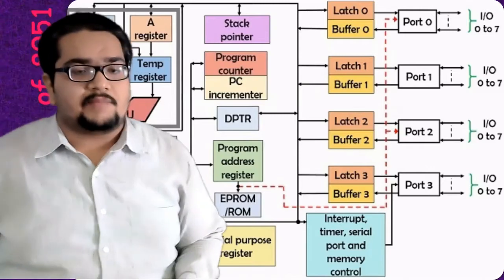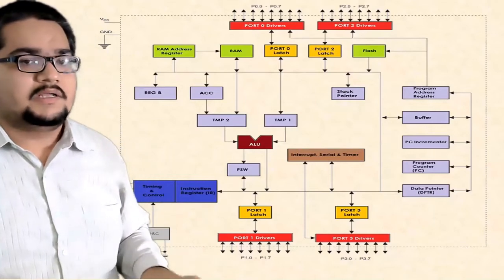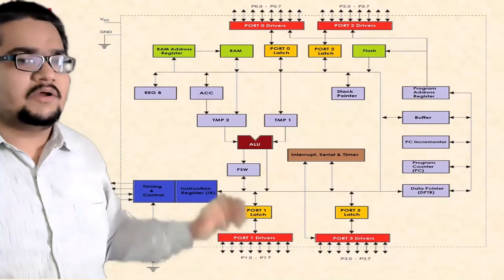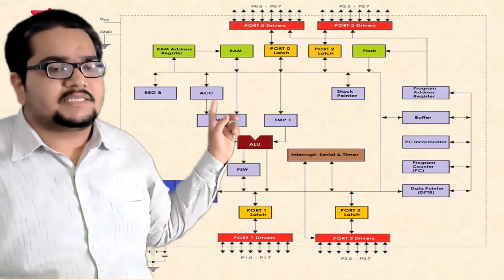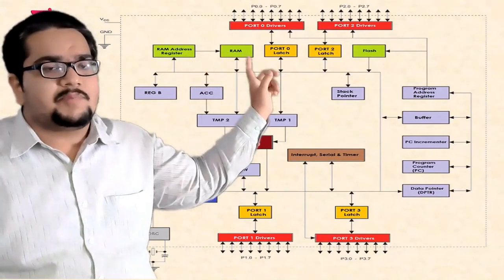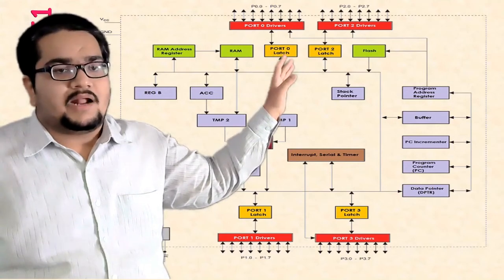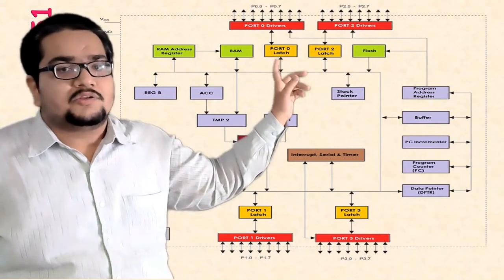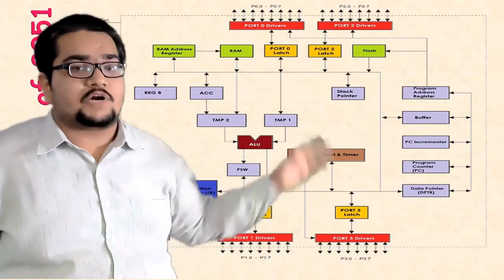I can show you another diagram, a similar one but with a different look, which you generally find in most of the texts on this subject. Here, most of the things are the same as you have already seen. The ALU is here, the temporary registers are here, and here ACC is the accumulator register. We have register B at this side, the RAM address generator is here, the RAM memory is there, and the ports. In the previous diagram, the ports were all indicated on the right side, but here it resembles the pin diagram, where port 0 and port 2 are on one side, and port 1 and port 3 are on the opposite side.